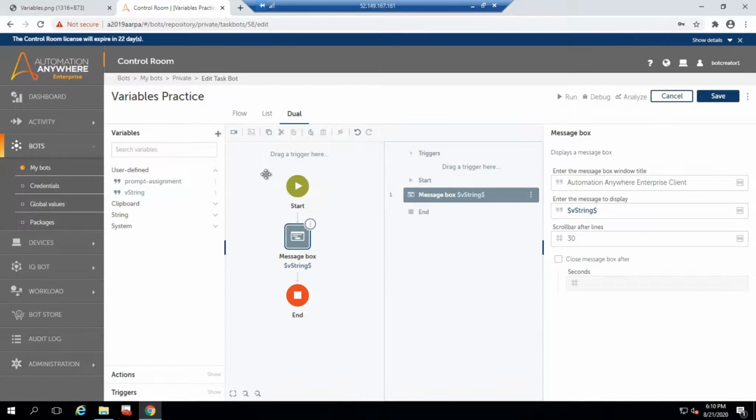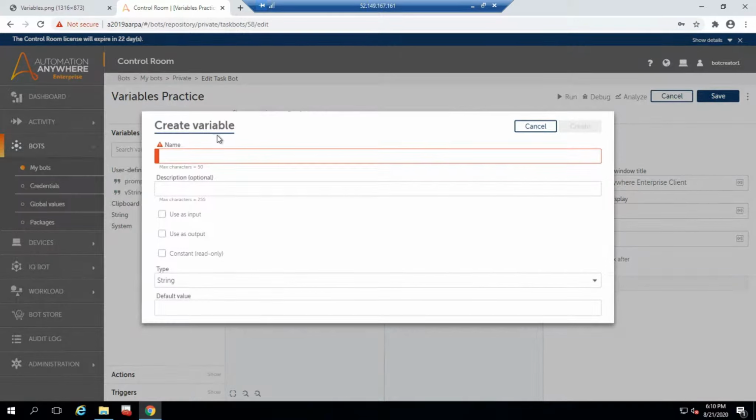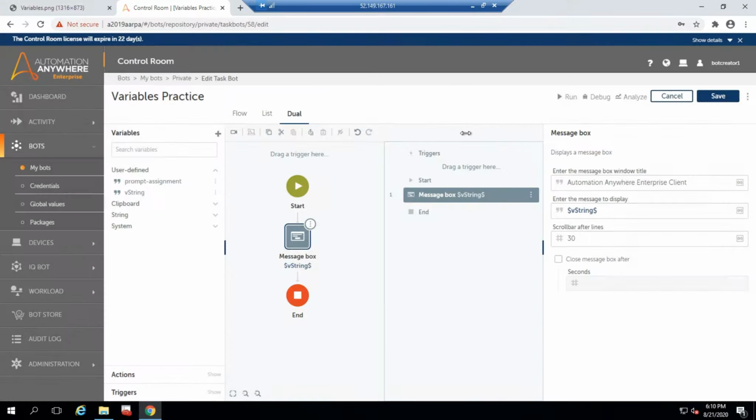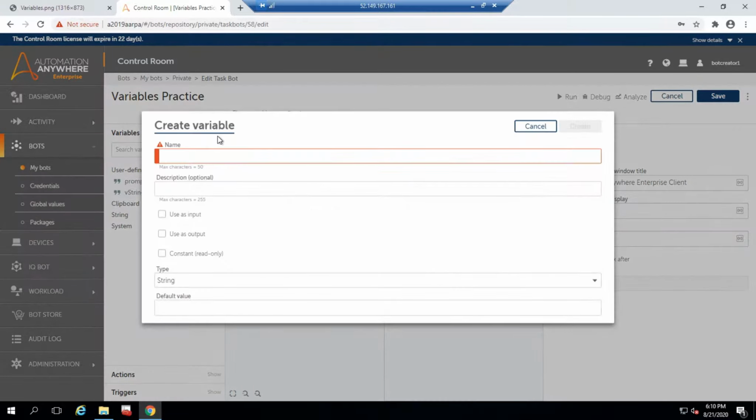Okay, the next variable type is, let's go and create number. I think you guys know all the simple variables, right? So I don't want to waste time here. Let me directly go to the variables which we have not seen in the 11.x version.